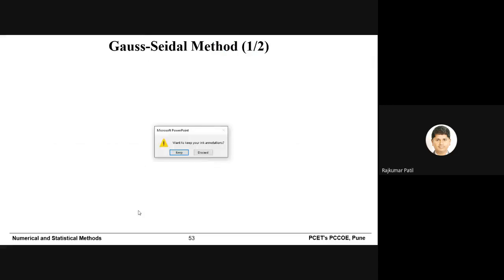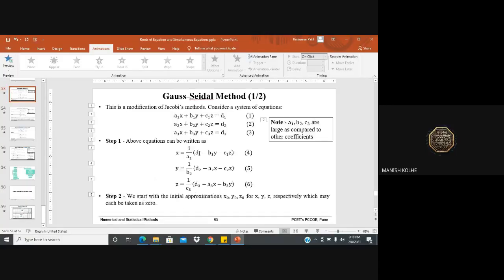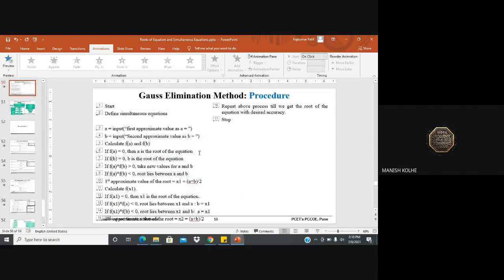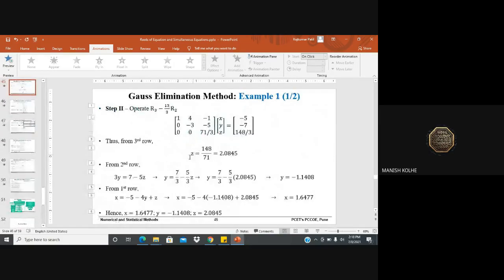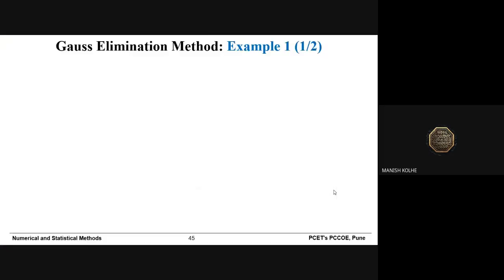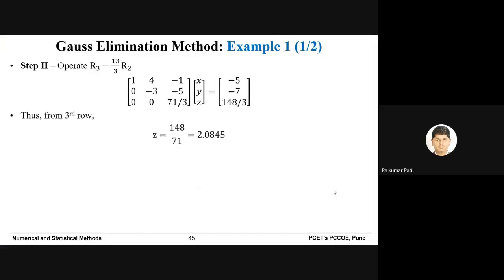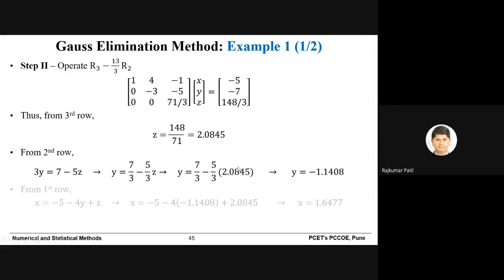And sir, is there any condition like, if there is any row which contains all elements 0, it must be at the bottom of the matrix? Exactly, this is a very good question. Before that, here you can see.